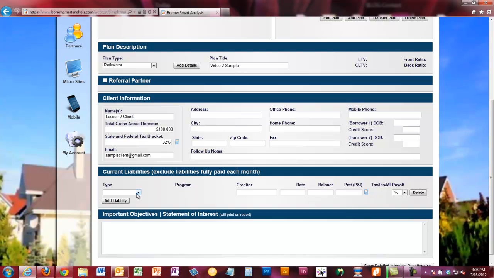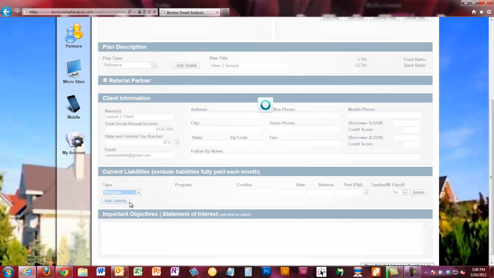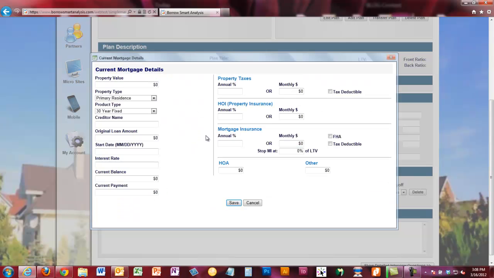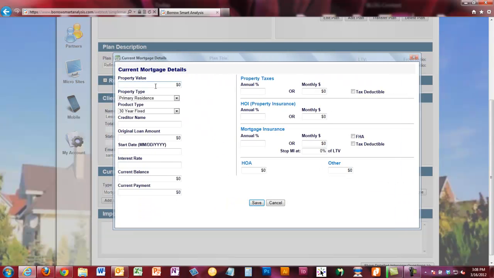So I click to add a liability. What kind is it? It's a mortgage because this is a refinance. And you'll notice again, I got a details box. Let's pop that up. And the details box is going to say, tell me about this property. It's a $250,000 property. That's their estimate. It's a primary residence. 30-year fix is what they have. It's with a local bank. The original loan amount they borrowed was $200,000, and the start date on that was around January